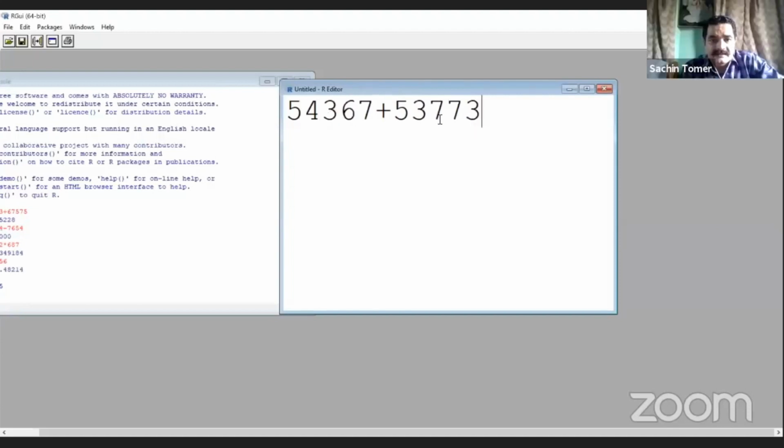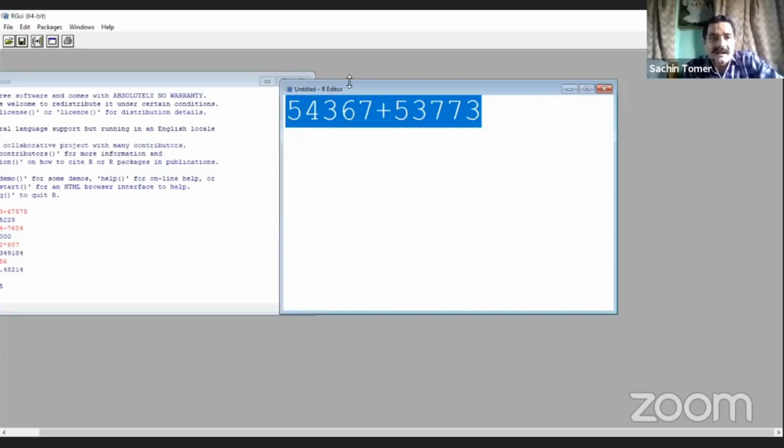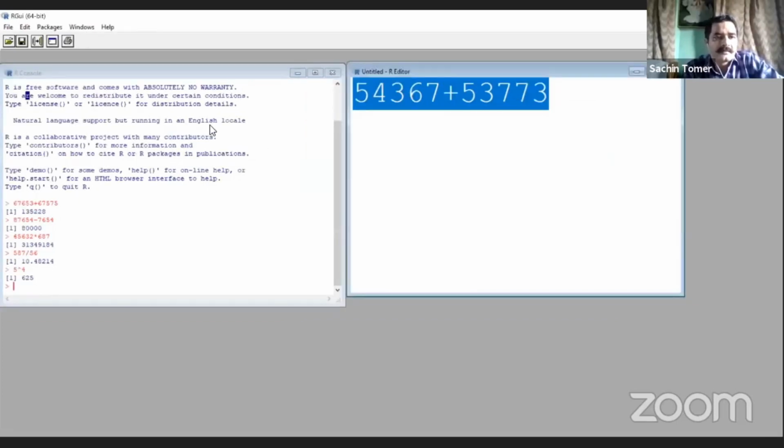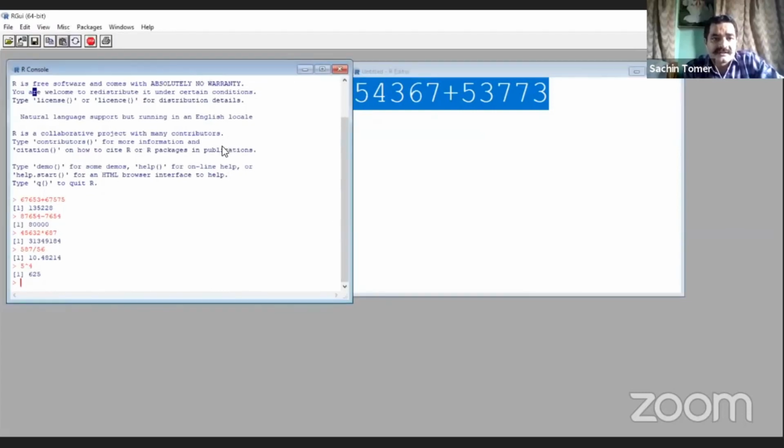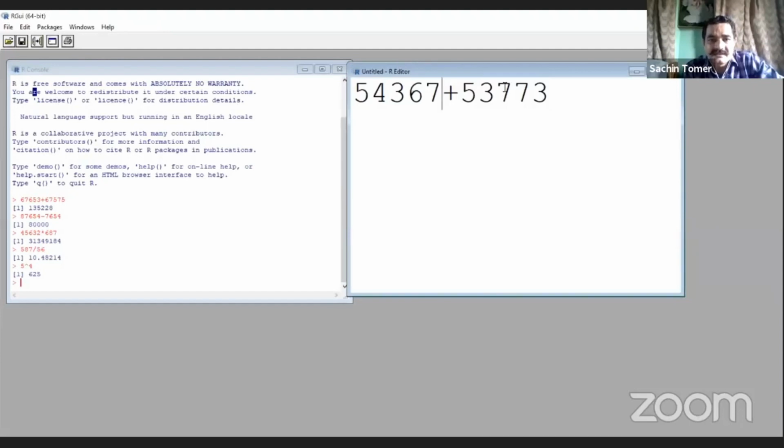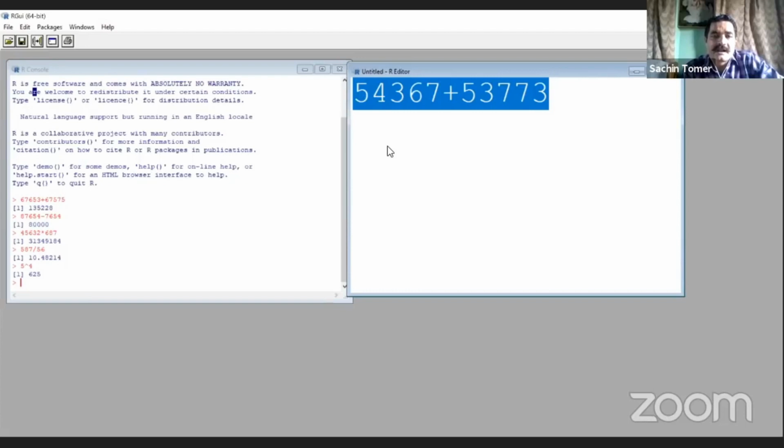We want to add these two numbers, but the question is how we can run this command from our editor in our console window, because the result will appear in the console window and we are writing in the editor. There is a method to run this program in the R console.